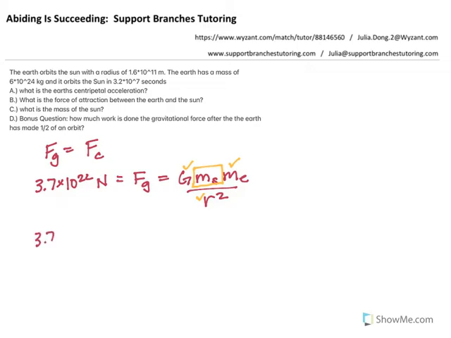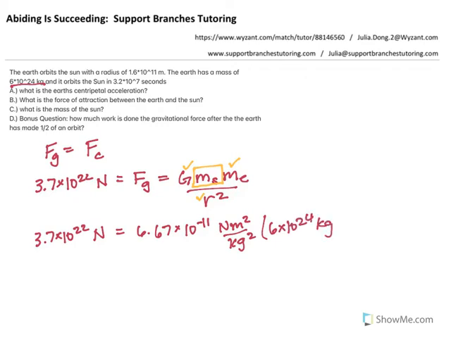We've got 3.7 times 10 to the 22 newtons equals G, which is 6.67 times 10 to the negative 11 newton meters squared per kilograms squared, times the mass of the Earth, which is right here, 6 times 10 to the 24th kilograms,